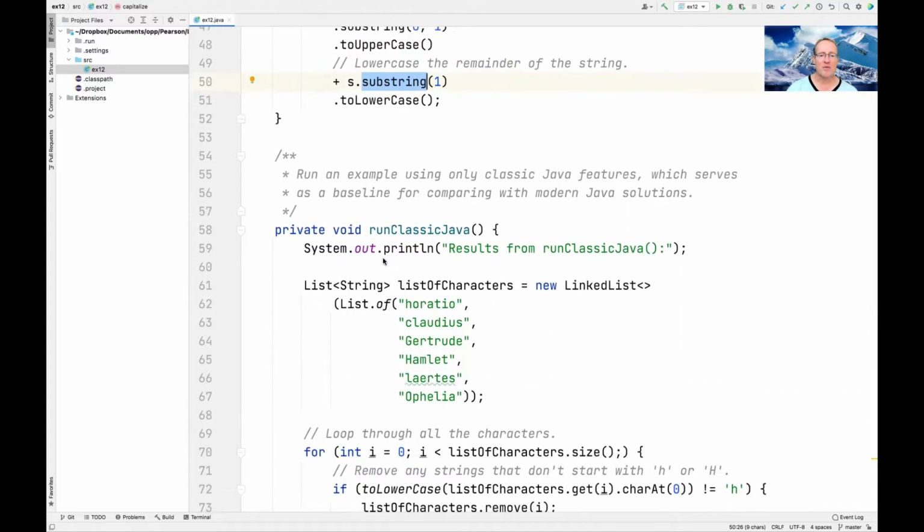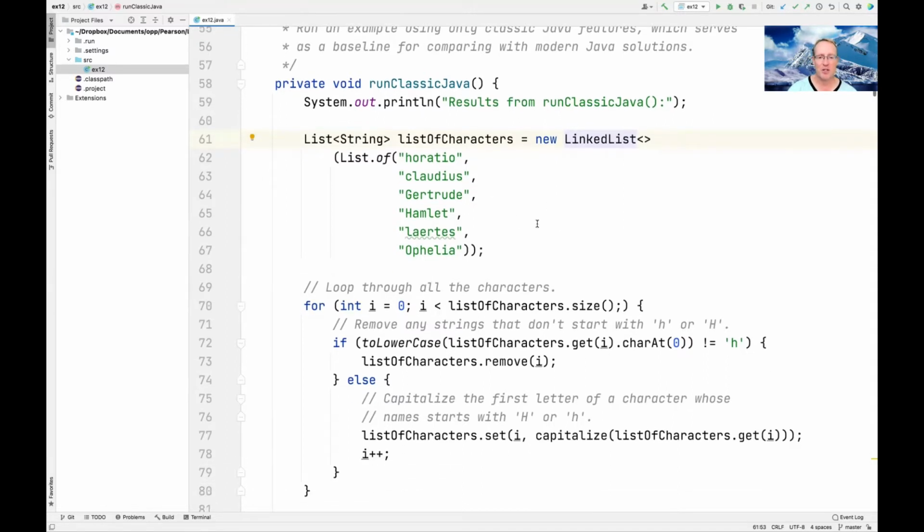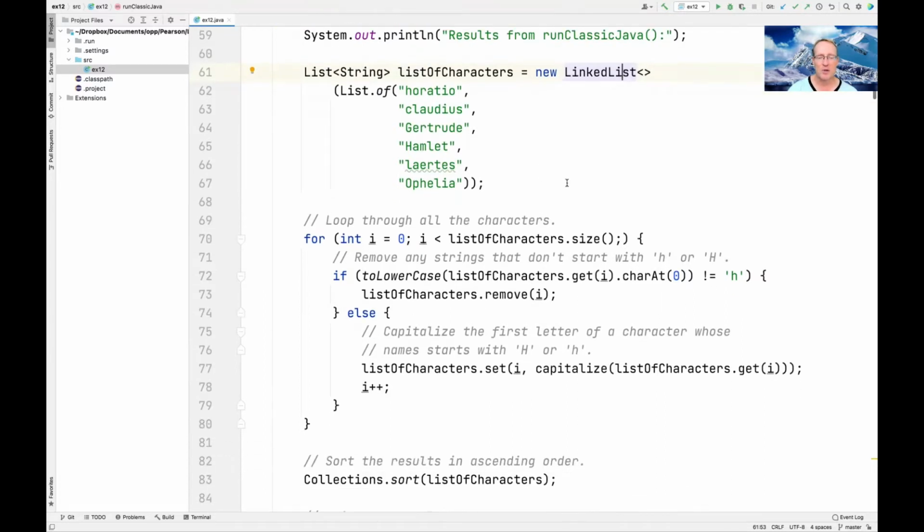You can only make new strings and then concatenate them together, as we're doing here, new substrings or other things. So let's take a look at a very simple example that uses classic Java features, which we'll use to provide a baseline to compare and contrast with the modern Java features. So here we're going to make ourselves a new linked list that will contain some characters from the play Hamlet. I'm a big Shakespeare fan, of course, so we have a bunch of character names. And then we write a loop. This is a loop that's an index-based for loop. And for every character in the list of characters, using the word character in slightly different ways,